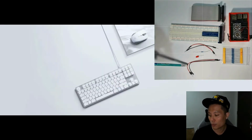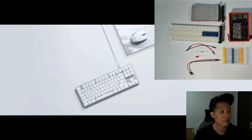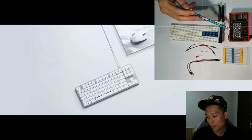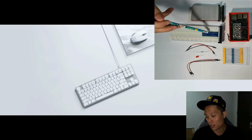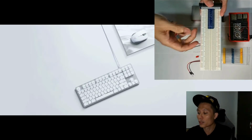The slightly long jumper wires are actually for the Raspberry Pi fan. Okay, so if you see here on the Raspberry Pi, there are 2 rows of pins that can be extended out by using this ribbon cable to the extension board. The extension board is not entirely necessary, but it's a lot easier to work with on the breadboard. So if you look closely here on the extension board,